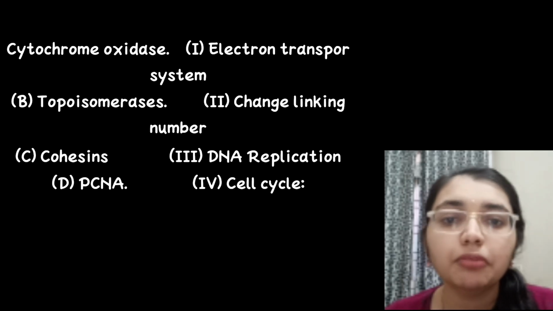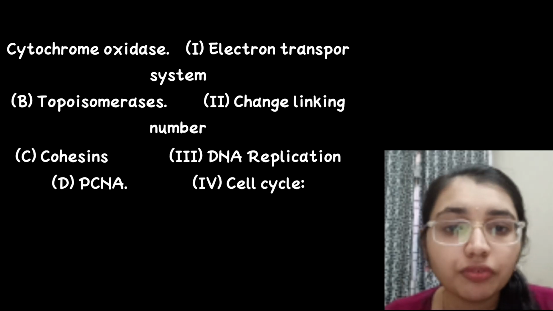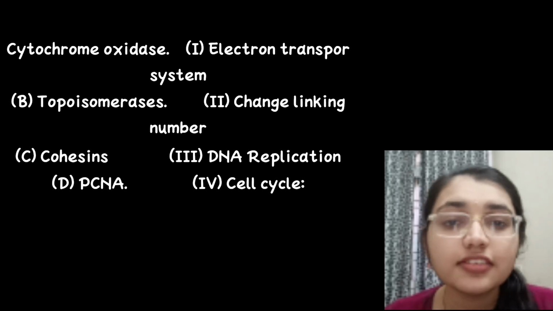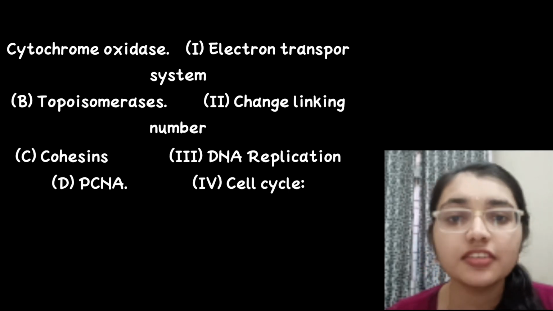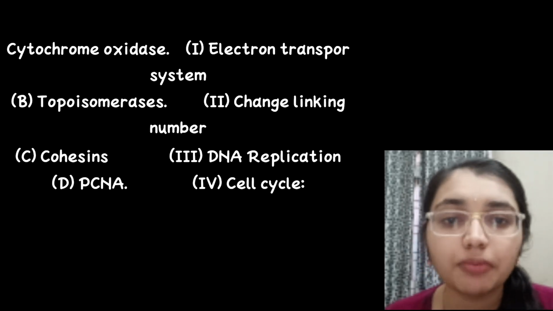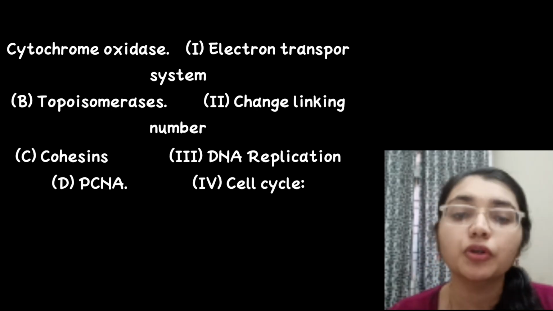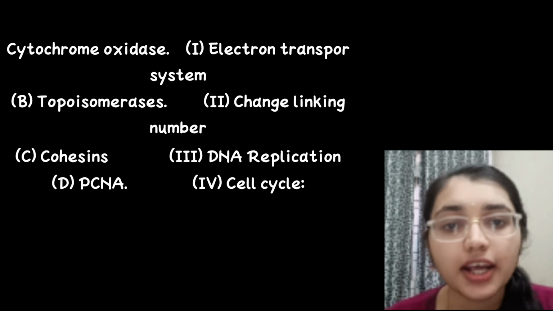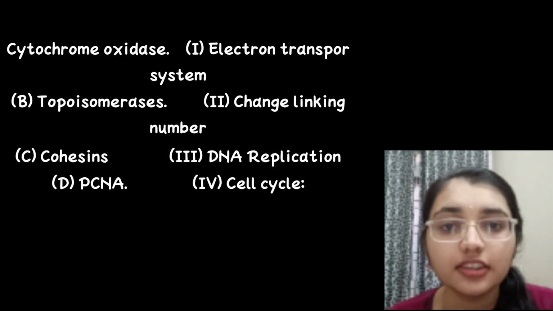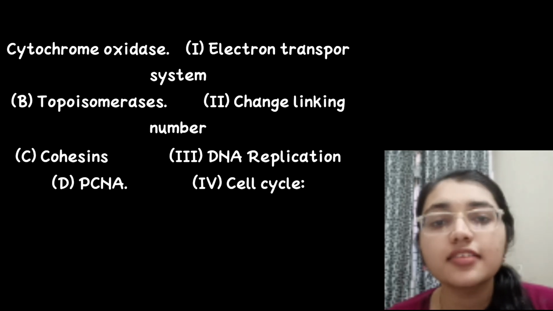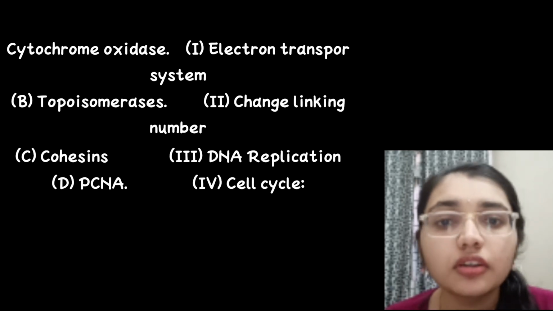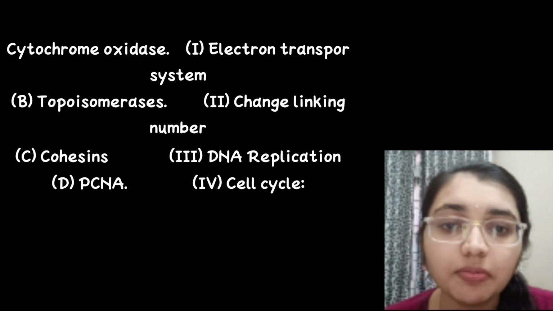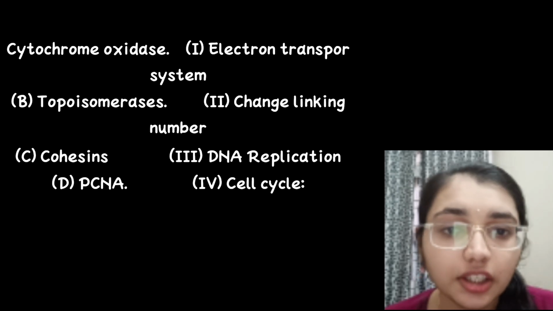So here PCNA, that is proliferating cell nuclear antigen, is pairing with the cell cycle, cohesin is pairing with DNA replication, topoisomerase is pairing with the linking number, and cytochrome oxidase is pairing with ETS. Why? Cytochrome oxidase is a key enzyme in the electron transport chain. Topoisomerases are enzymes that change the linking number of DNA in processes